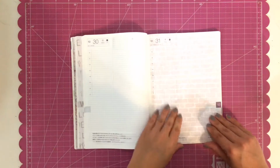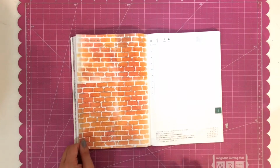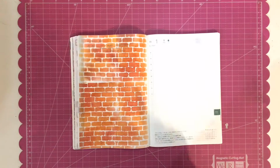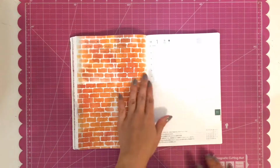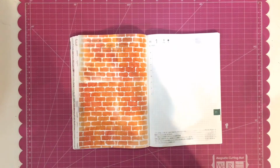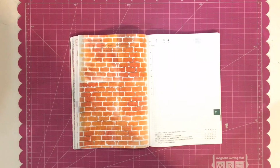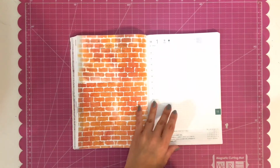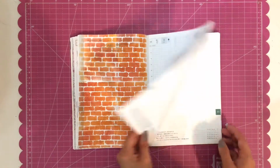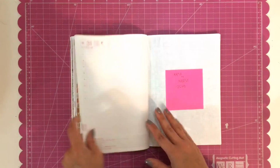November's page turned out really cool. I did all these warm, pretty brick colors. So I did fired brick, aged mahogany, and I think tea dye to do this page. It was all those warm, cozy colors, and I thought about how brick fireplaces just make me think of fall, and all those warm colors or fall colors of leaves, and I just wanted it to be warm. And then I'm definitely going to get a stencil for Christmas, so I left that blank,